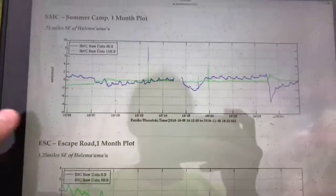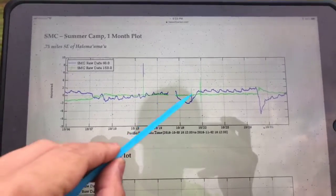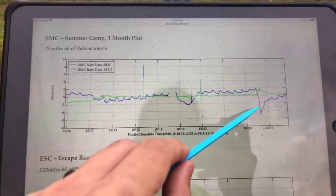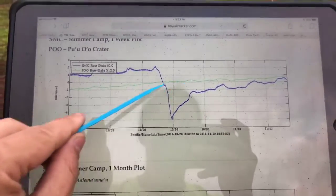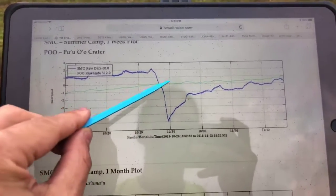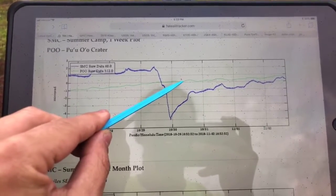It's hard to say exactly where these signals were sourced from, but you can see that this one might have been a little bit shallower, this one might have been a little bit deeper. The key thing is there's no connection to the rift zone. You can't see the month-long plot, but the most recent event here, a big drop at the summit, not at the rift zone,